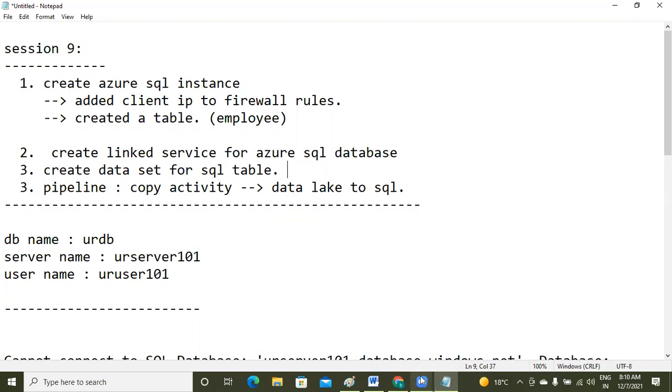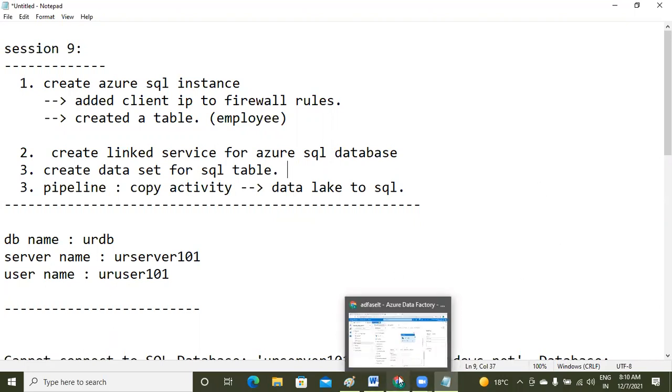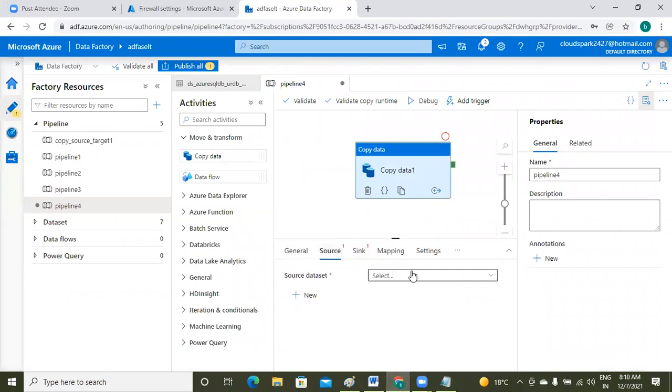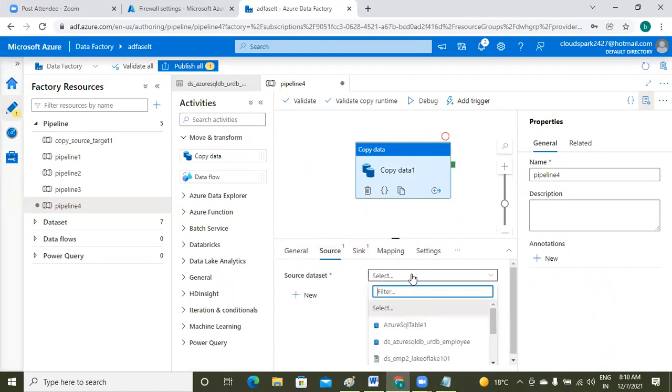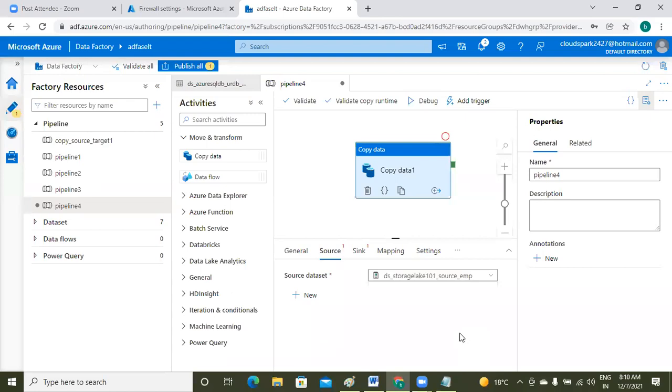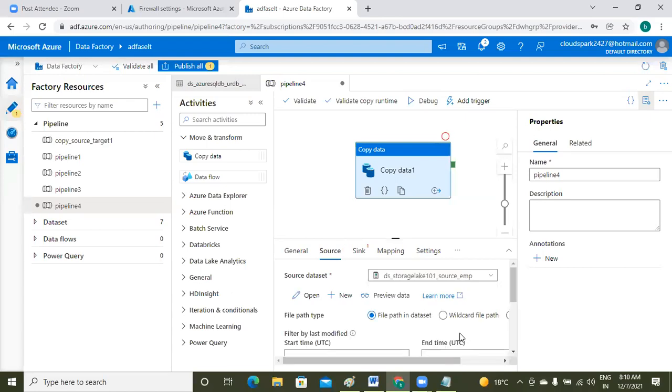That data set I am selecting as source. This one, sir, ds_storage_lake_101_source_emp. That is my source data set.